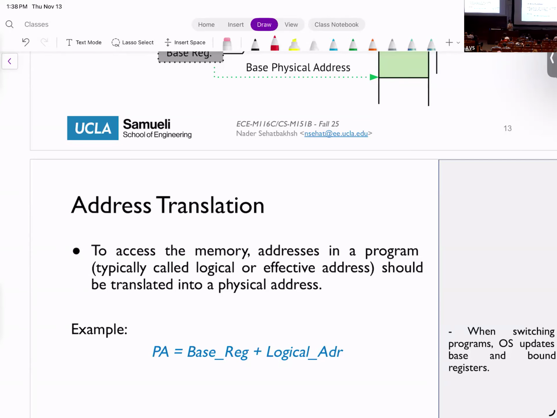The difference between these two is usually called a virtual address and a physical address. Virtual addresses are the addresses that you use in your program that the CPU deals with. Physical addresses are the addresses that literally, physically address that part of the memory and bring that